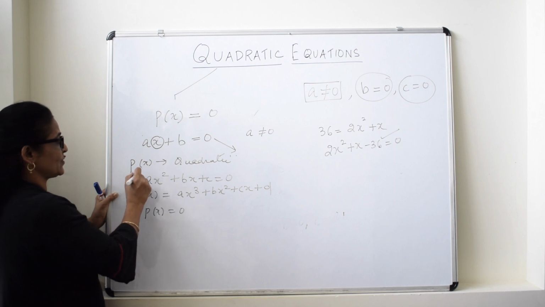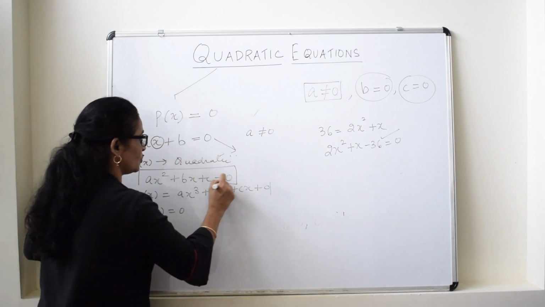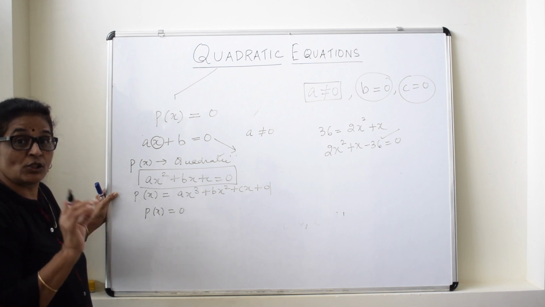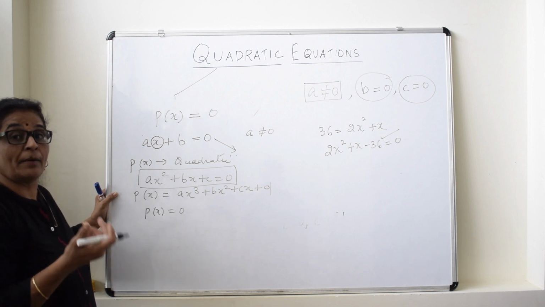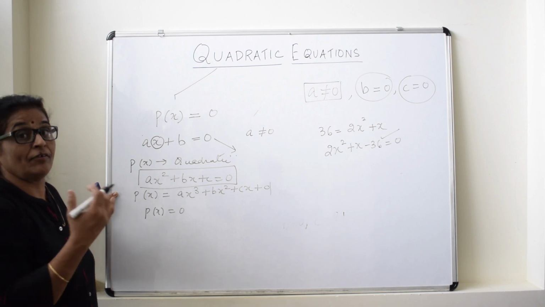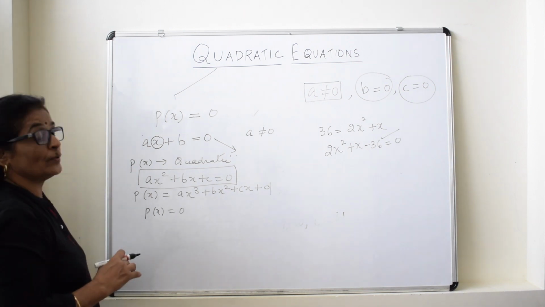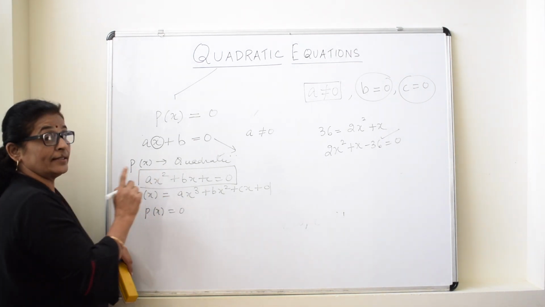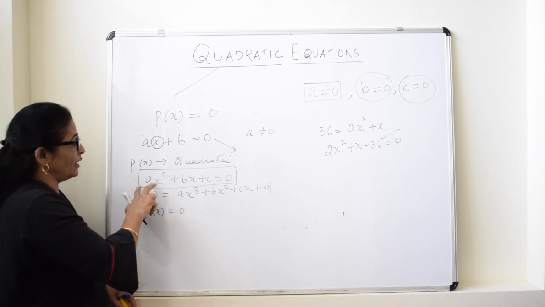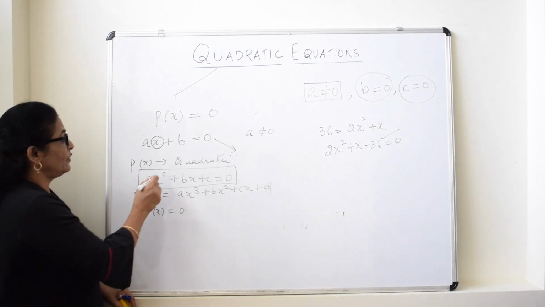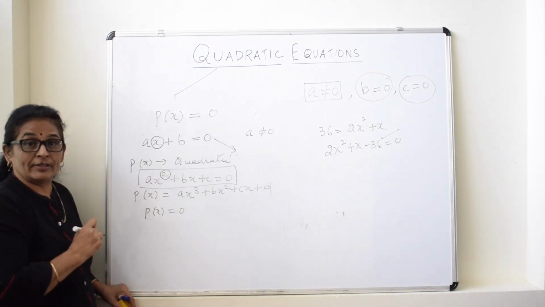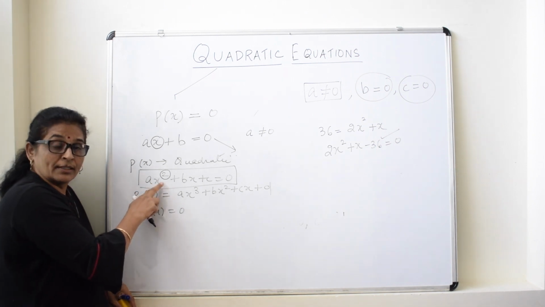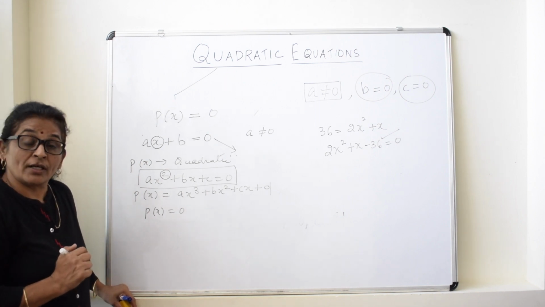But what we are going to stress on in this topic is the quadratic equation. So we will see whether the given equation is quadratic or not. Sometimes it appears that it is a quadratic and we find it is not. So whenever any equation is given to us, the very first thing we will do is write its standard form. And after writing in standard form, we will check the degree. We will check the highest power of the variable. If that is 2, then it is a quadratic equation, otherwise not.